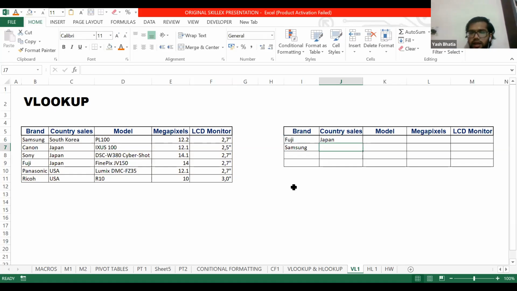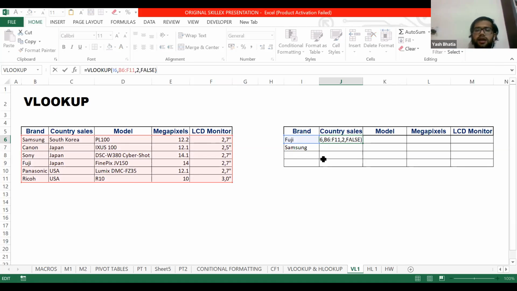You can see it gives the value Japan. If I show you what the formula has done, it has looked up the value of Fuji in our source table, and extracted the value corresponding to Fuji from column number 2, and it gives the value Japan.